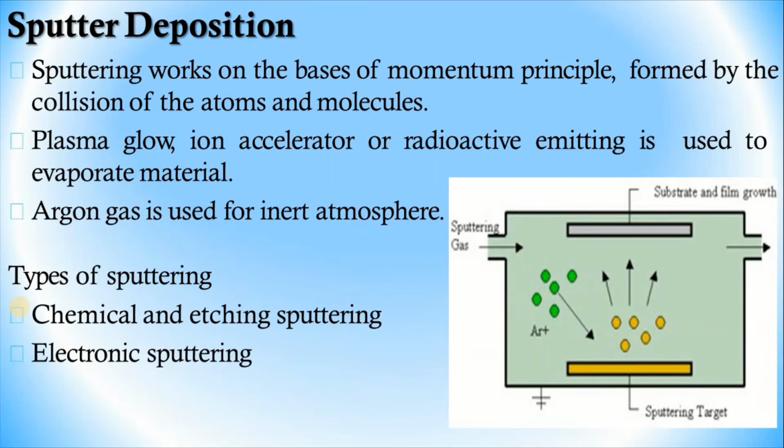material. The argon atoms are shown in green color, and the material comes from the source. In the situation when some of the argon atoms are ionized, the substrate and the source are at positive and negative potentials. Here the positively charged argon ions impinge on the cathode and dislodge atoms from the source through momentum transfer. The sputtered atoms are transferred as vapor to the substrate, where they form a layer, and the film grows.